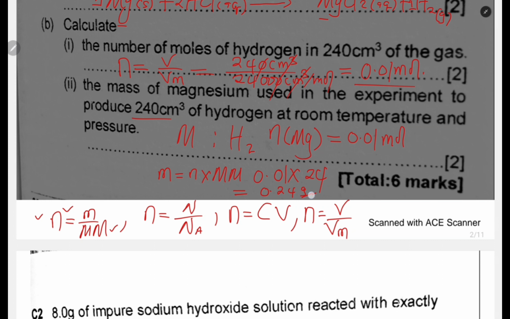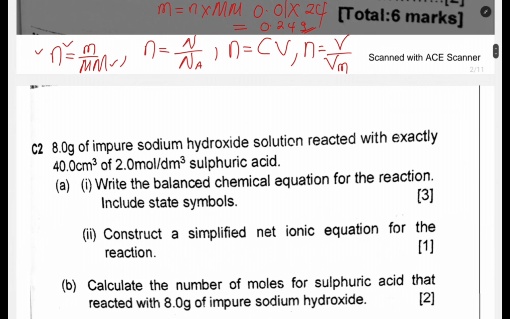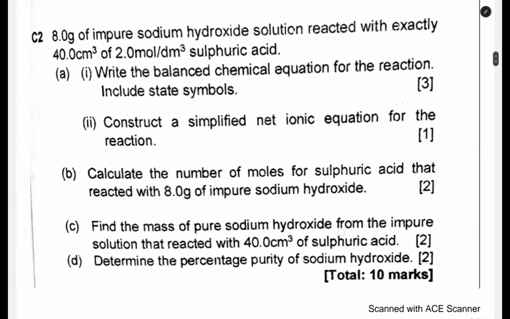0.24 gram as the mass of magnesium. So that is the mass of magnesium that produced that volume of hydrogen. Okay, so that is how we answer the question, which means we fully answered that question. Up to the third question,